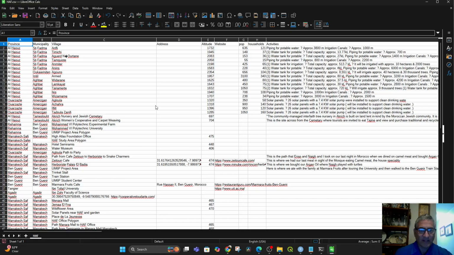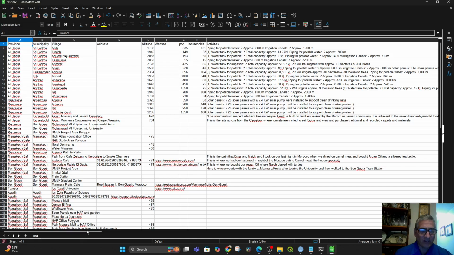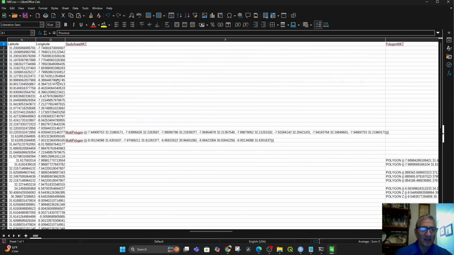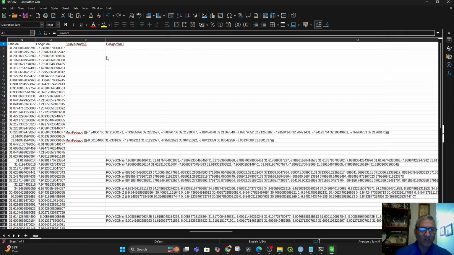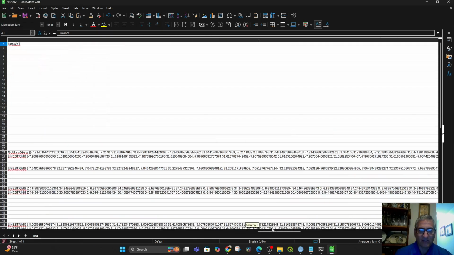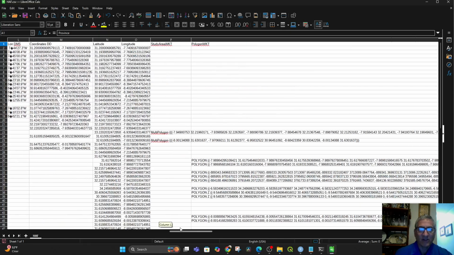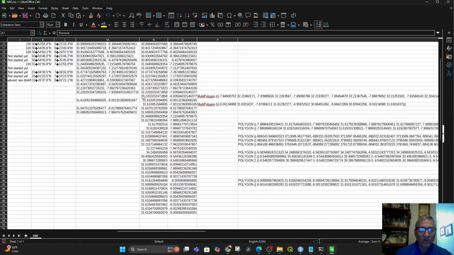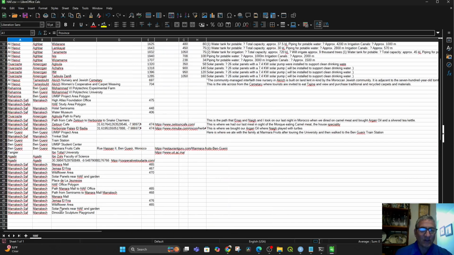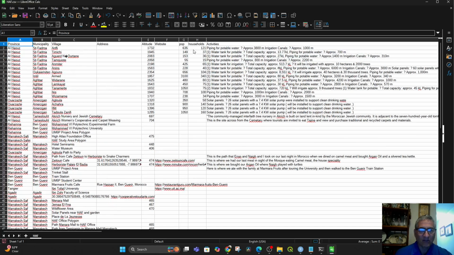But I'm only looking right now at the village names that are here. That's the data that we put in, not the polygons, not the lines. So I'm still working on how to get the WKT information in. It appears like having empty fields causes a problem, but I have latitude and longitude for all of the different villages, and so the Python script is pulling the name of the village and it's pulling in the latitude and longitude,